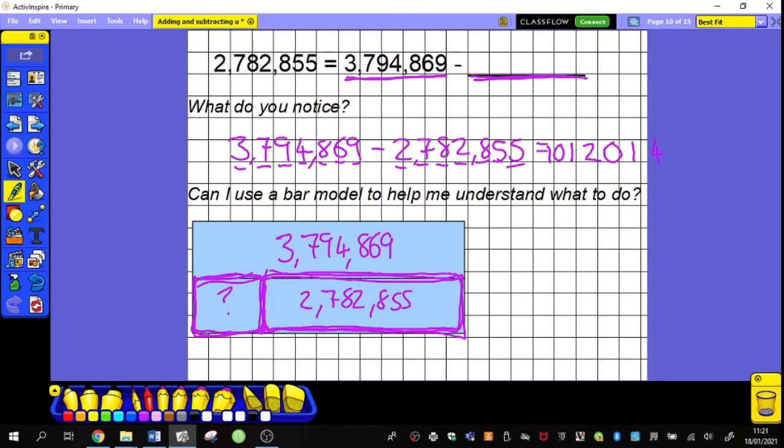2,782,855 equals 3,794,869 subtract 1,012,014. Now I can check that this is correct very easily because I can take the part I knew down here,